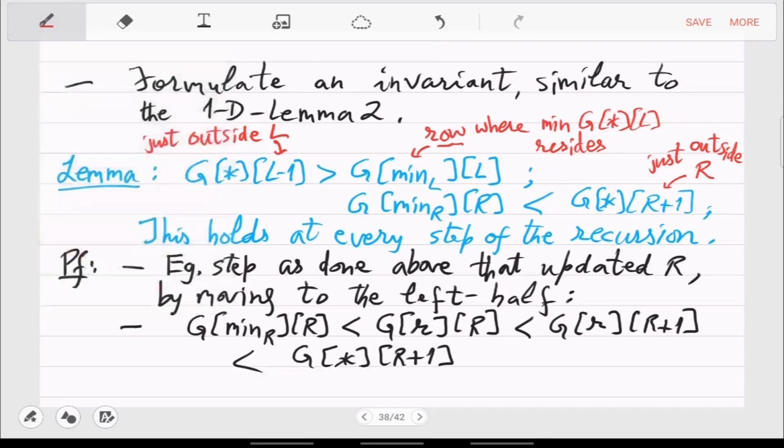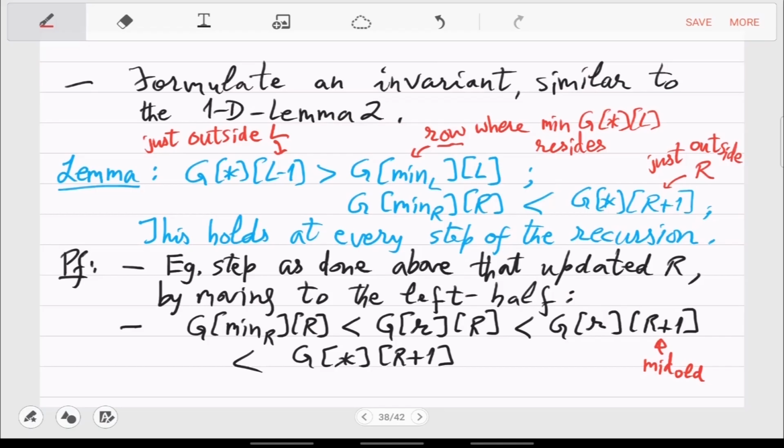Okay, so this is the old mid. In the picture, this r plus 1 is actually the old mid. We found the min of that small r row. So it is by definition of minima smaller than G star r plus 1, which then is greater than the neighbor on the left of it, which is less than the minimum in that column now.